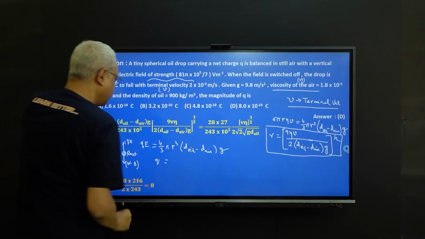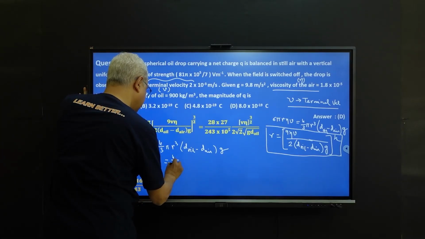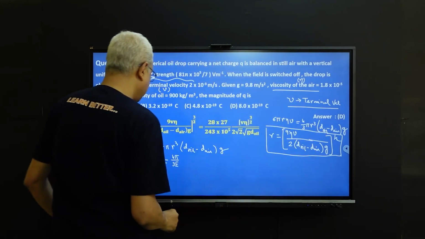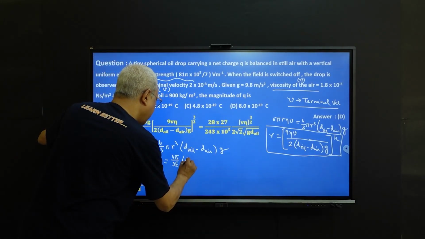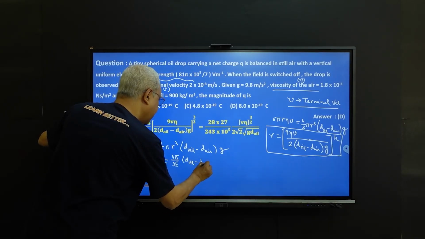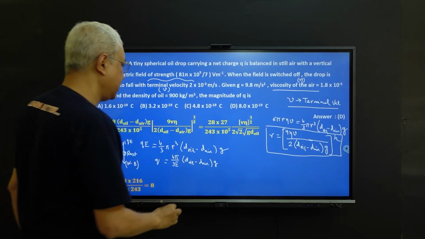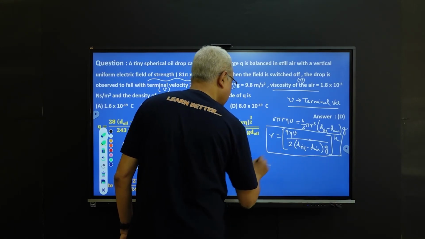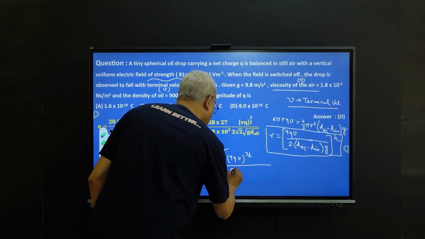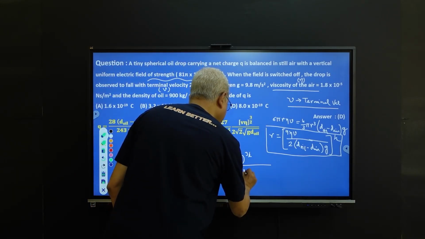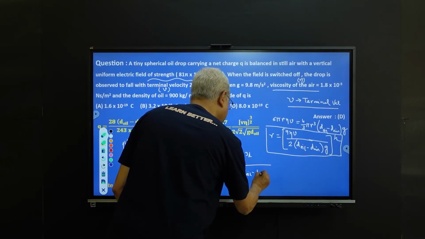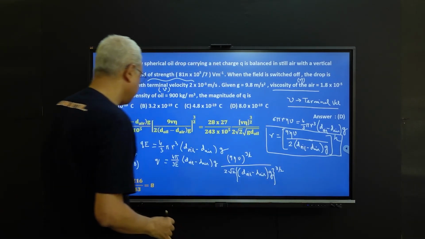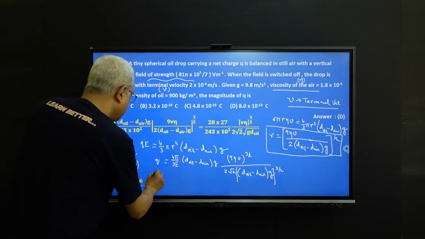Q is equal to 4/3 pi R cube, multiplied by 3 by 2, into d oil minus d air into g over E, and then 9 eta v whole to the power 3 by 2 by 2 root 2 into d oil minus d air into g whole to the power 3 by 2. So what happens? Q becomes